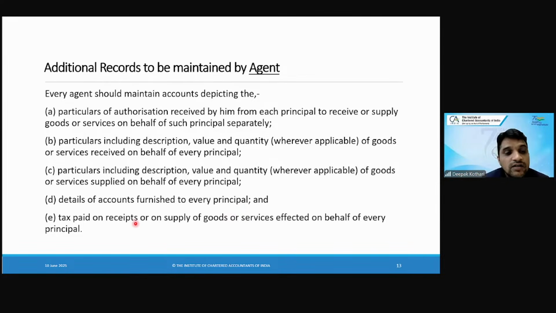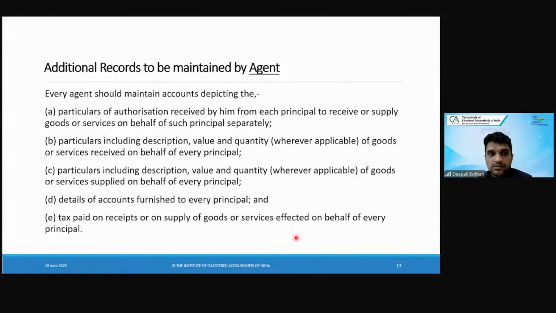देन टैक्स पेड ऑन receipts or on supply of goods or services affected on behalf of every principal। जो कभी कभी प्रिंसिपल को भी एजेंट को भी प्रिंसिपल के बिहाफ पे टैक्स पे करना पड़ता है। तो if the agent does any transaction, any taxes he pays on behalf of the principal, that also has to be maintained. So any tax paid on receipts or supply of goods on behalf of every principal, he has to maintain separate records।